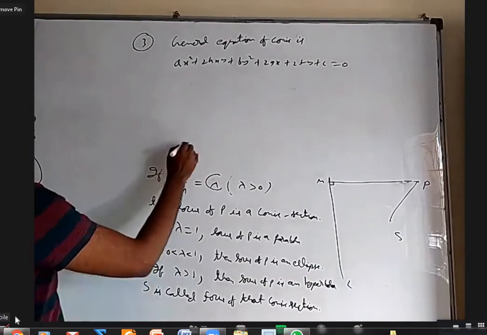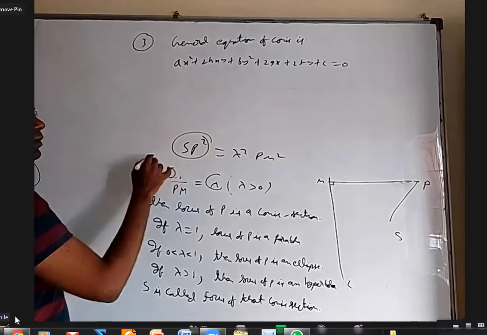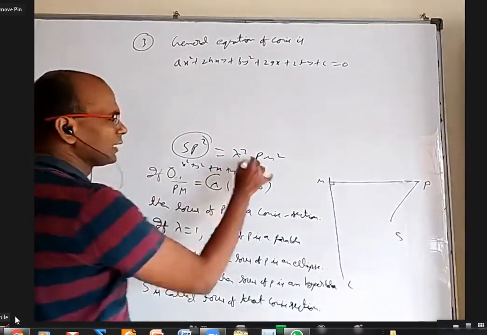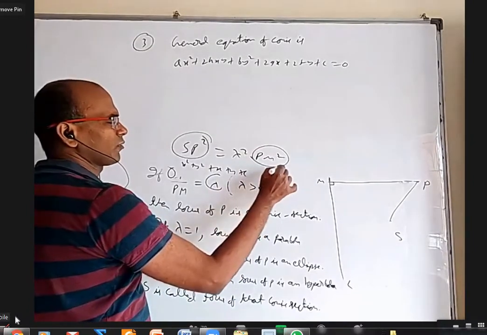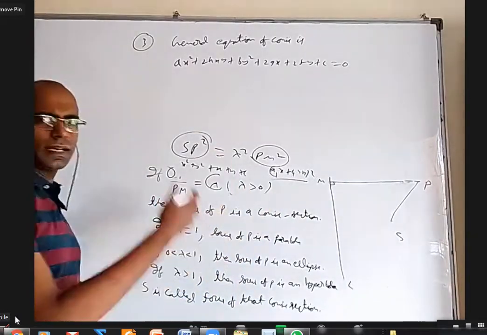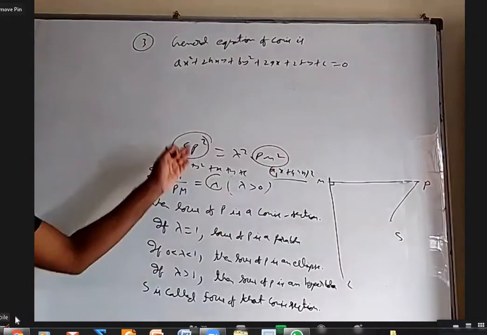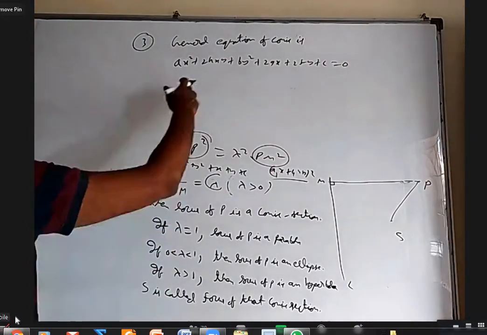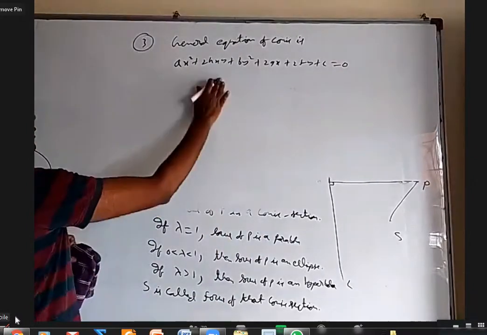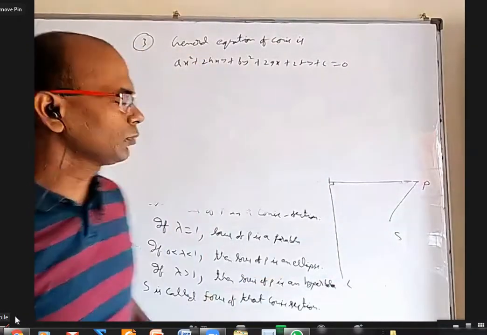The reason is what you will get is SP square equal to lambda square into PM square. This is a distance formula. When you expand, you'll get x square term, y square term, x term, y term, and constant term. This is a perpendicular distance to a line. It is in the form of (a1x plus b1y plus c1) whole square. When you expand, you'll get x square term, y square term, xy term, x term, y term, and constant term. When you bring everything one side, you will get like this one. Okay. The proof is not there in the syllabus, even though later on I'll give you some idea about the proof.